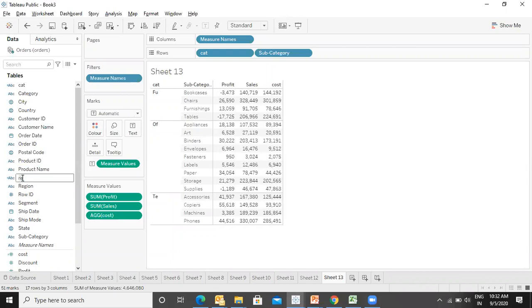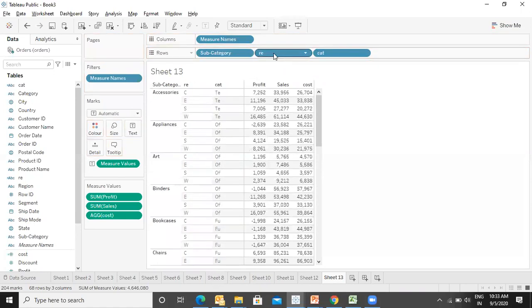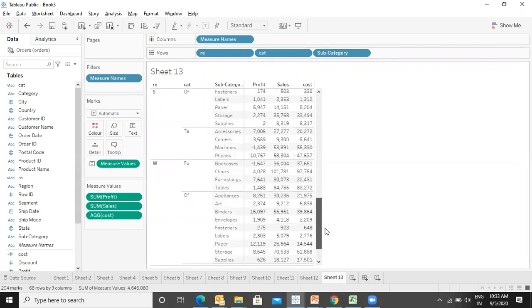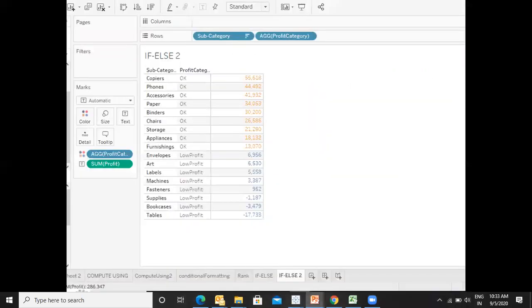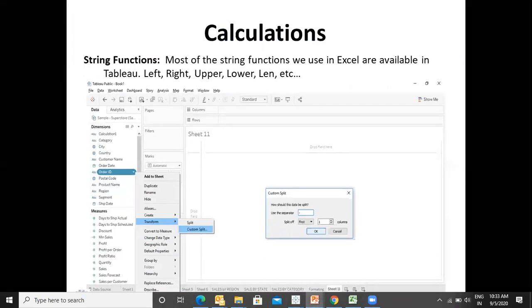So this time I'm giving you some string functions. So let me put it over here. Central, east, south and west, right? So if you remember, have we created the combined field? Yes, no? Have we created? Yes. Now let me give you a very good example of that combined field.